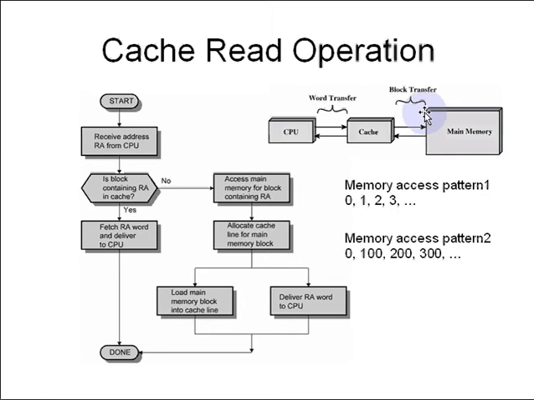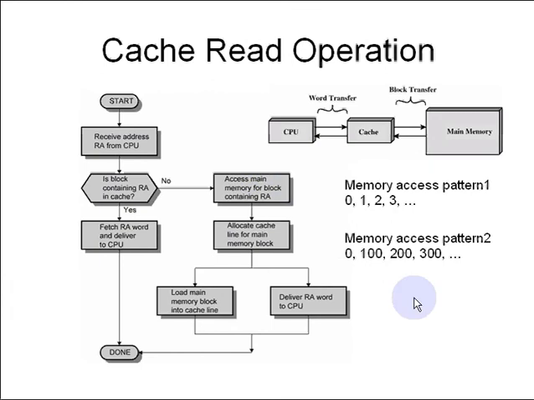That means address 0 up to address 15, the size of the memory block was 16 bytes, so all 16 memory addresses will be copied from main memory to the cache memory. Now to store those 16 bytes, I have to first allocate some space in the cache memory. So the first thing that will be done is to allocate a cache line to store the main memory block. Then we'll copy the main memory block from main memory to the cache memory, and the data requested from address 0 will also be sent to the CPU. So this is how a typical read operation happens when cache memory is present.